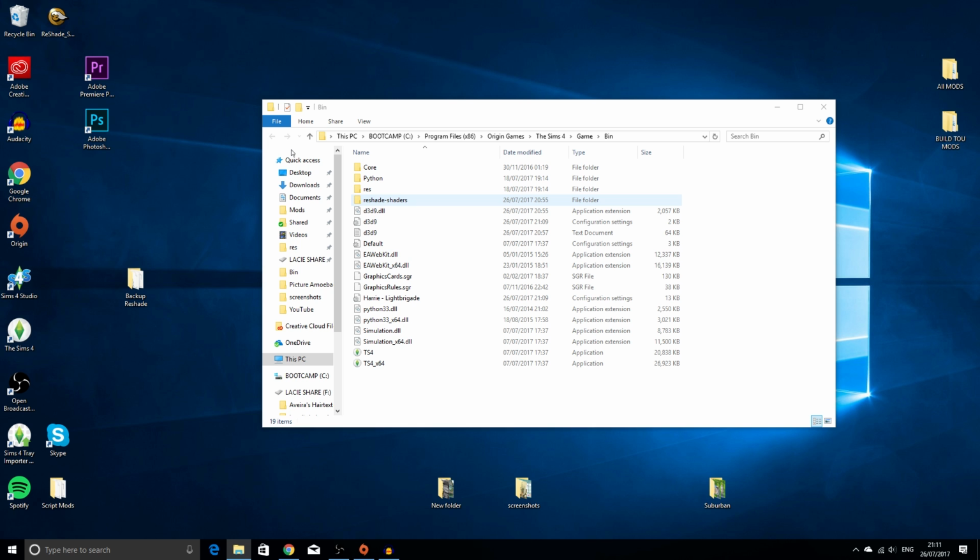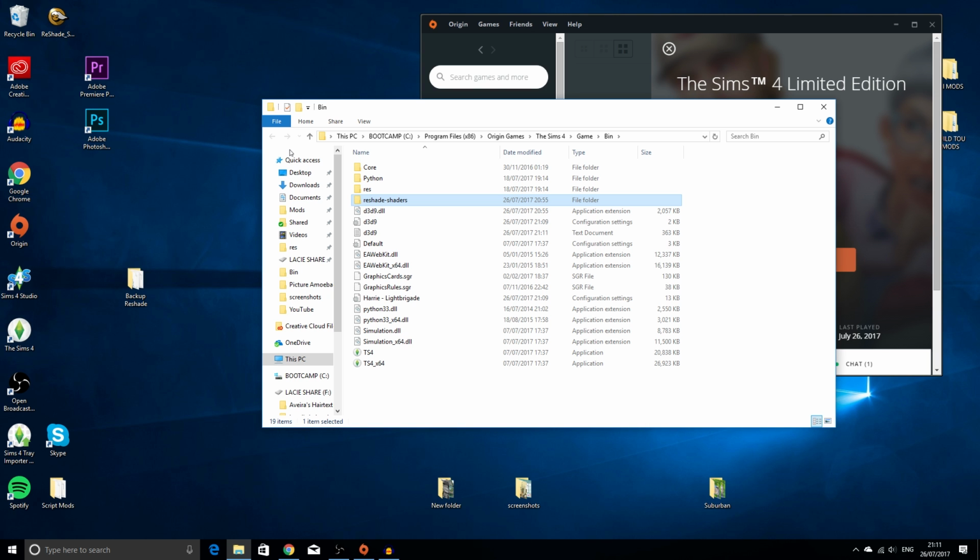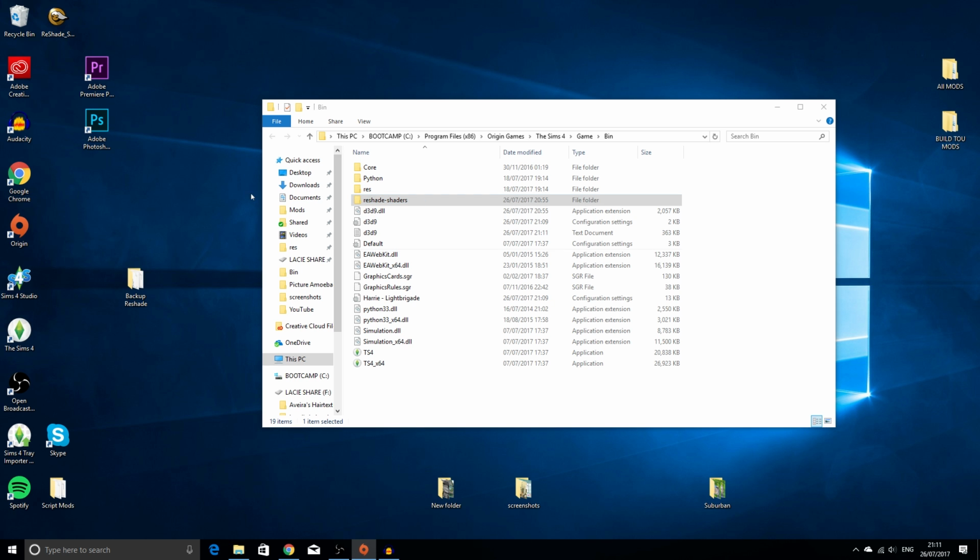Really, really simple. You delete this folder here, ReShade, ReShaders. You delete that one, and you also delete the presets you've installed. So we've installed Harrie, LightBrigade. So any presets that you installed, you need to remove as well. And also these files that are labeled D3, D9. So there's 3 of them in mine. I've seen in other people there's only 1. Not too sure what the difference is, but mine has 3 of them, so I get rid of all 3